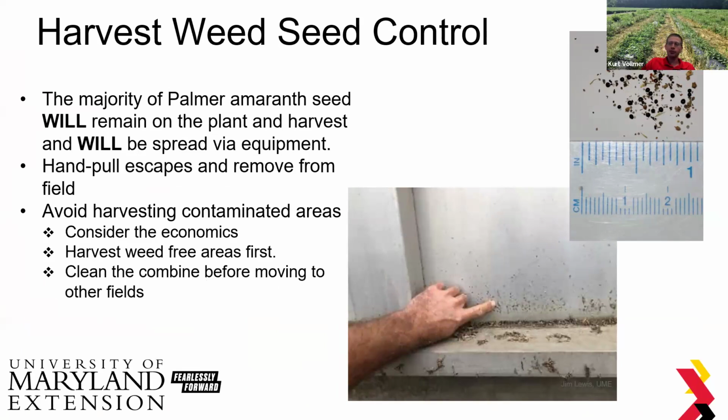But if you absolutely have to run your combines through the field, and I know how excited we get when we finally have the right weather to harvest, consider your harvested area. First, the economics. If your field is completely infested with Palmer amaranth, are you really going to get a good yield out of that crop? If you are,